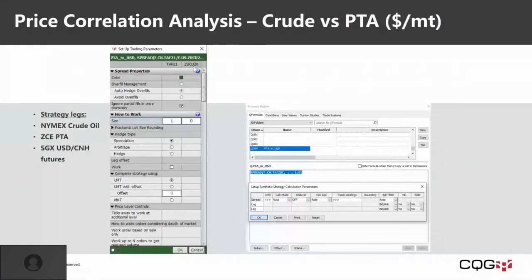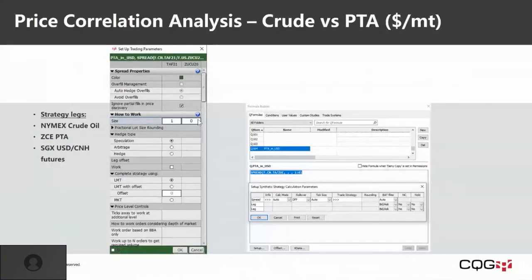CNH futures, because at the moment we have to use the derivatives to do the hedging or the price conversion. So in this particular example, I am using a zero volume for the CNH simply because I don't want to be hedging on that side. But if I wanted to, I could just simply change that volume to any number of lots that I want. Obviously, it would have to be reflected in all of the legs and the rest of the spread to be sure that the contract sizes match and give us something that's giving a proper hedge.